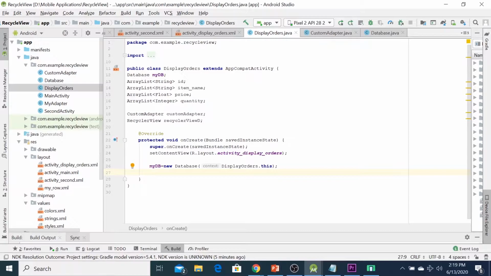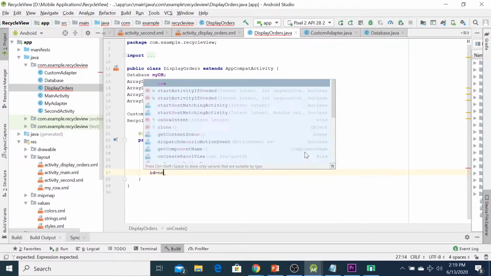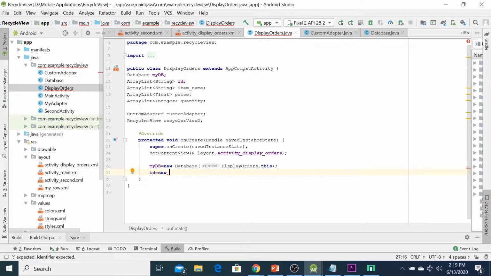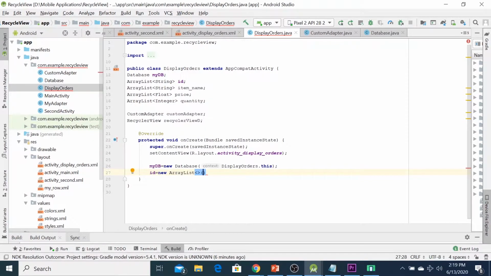You need to initialize the variables. So here you can type id equal to new ArrayList string, semicolon.